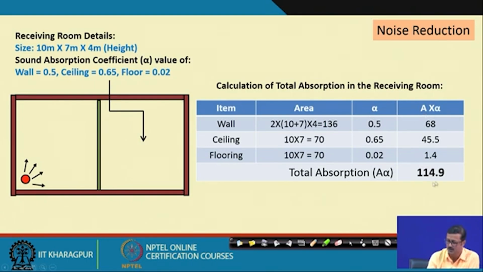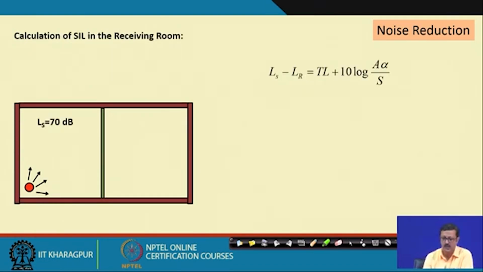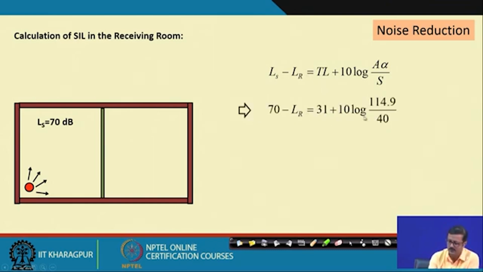So, the total sum of the A alpha of the receiving room is 114.9, almost about 115 meter square sabins. So, now I know this is the noise reduction, the sound reduction from L s to L r. I know this L s is my 70 dB. I know this TL is 31, and this 10 log A alpha is 114.9 as I computed in the last slide,